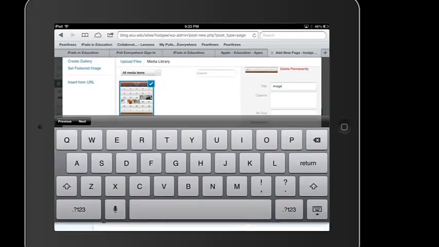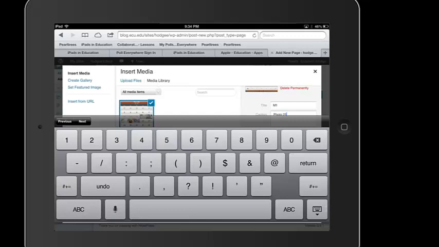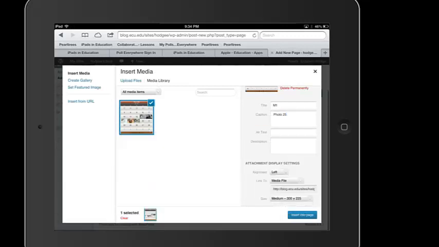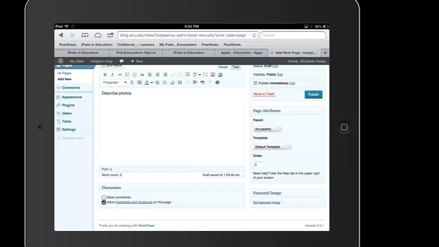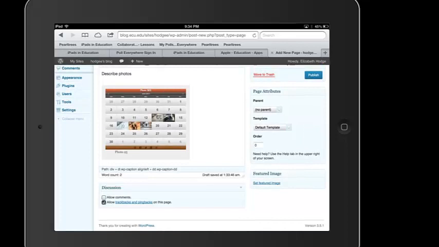Under the title, we can just put M1 for module 1, and then photo 25. We can choose how it's displayed on the page. It's a media file, and then we click insert, and you can see how it's inserted on the page. Again, take off the trackbacks, add allow comments, publish your page,